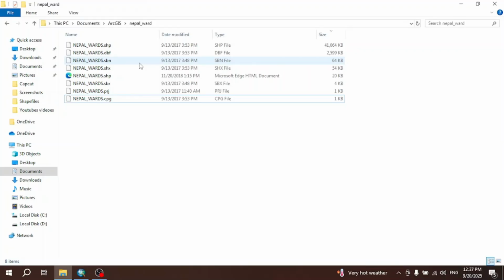Today we are going to learn about shapefile. Before we start, let me explain something important. A shapefile is not just a single file. Even though we often call it one shapefile, it actually contains multiple files that work together to store the map